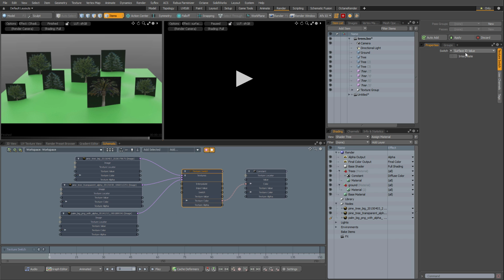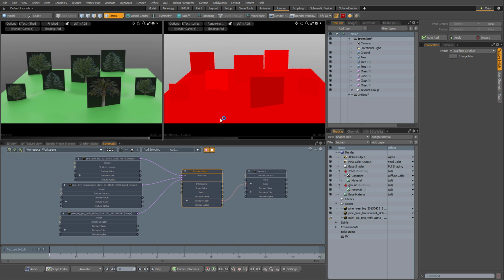Did I say shader ID? I meant surface ID. Hit play. So you can see how this works. We've got this sort of dark rectangle here. This polygon is dark. It's this dark one that's getting the palm tree. These really light ones, or light reds, are getting this pine tree, and medium reds are getting this one. So the surface ID is just a value that MODO is essentially automatically assigning to these different